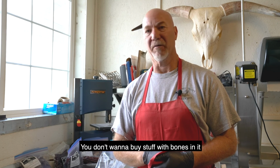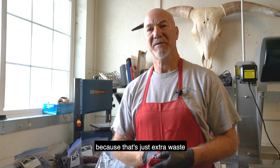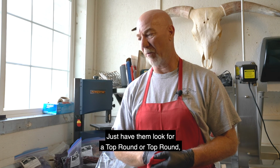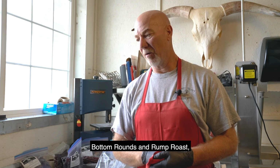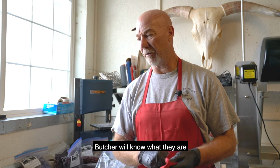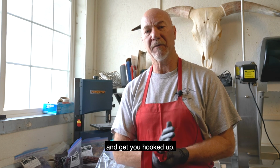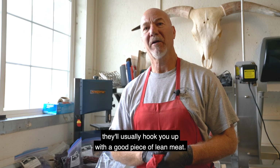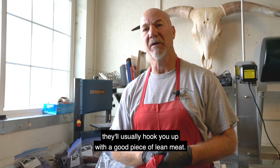You don't want to buy stuff with bones in it, because that's just extra waste that you're going to throw away. Just have them look for a top round, bottom round, and rump roast, stuff like that. The butcher will know what they are and they can get you hooked up. If you tell them it's for jerky, they'll usually hook you up with a good piece of lean meat. So